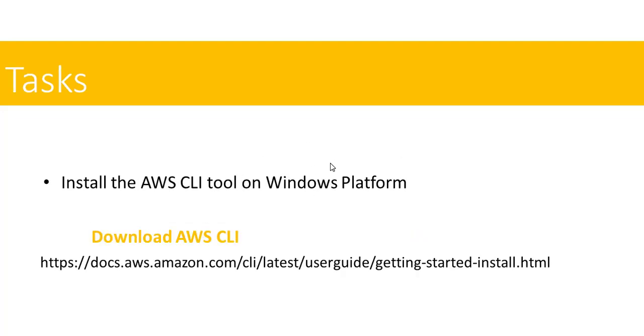So we will perform some tasks here in the process of installing the AWS CLI tool on our Windows platform. The process is the same for other platforms, but we will specifically be installing it on the Windows platform in this video. To download the AWS CLI, you can do a Google search for install AWS CLI or download AWS CLI,